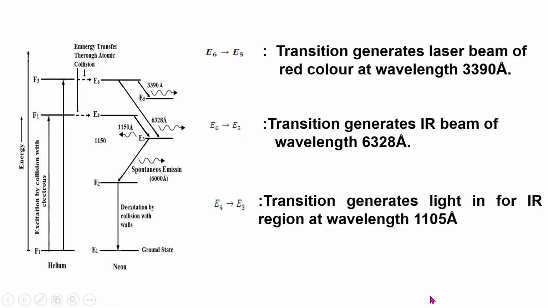Then from E6 to E3 it generates the beam of radiation having the wavelength 6328 angstrom unit, and from E4 to E3 there is the transition which generates a beam of light in the IR region having the wavelength 1105 angstrom unit. So friends, you have to remember here